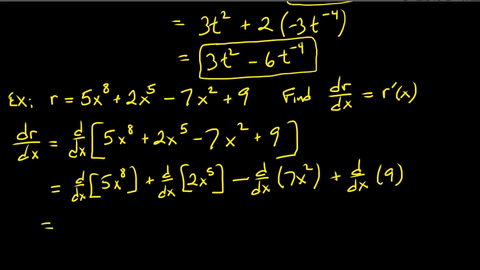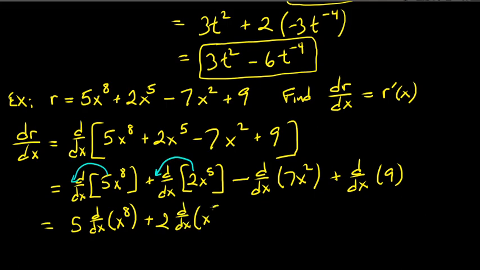Okay. Well, can we take the derivative of 5x to the 8? Sure. Again, the 5 just comes outside, so this will be 5 times the derivative of x to the 8. We can do the same thing with the 2 here. The 2 is just a constant. That can come outside. And the 7, 7's a constant. That can come outside. Now, it's going to be negative 1 times 7, so negative 7 times the derivative of x squared, plus, well,